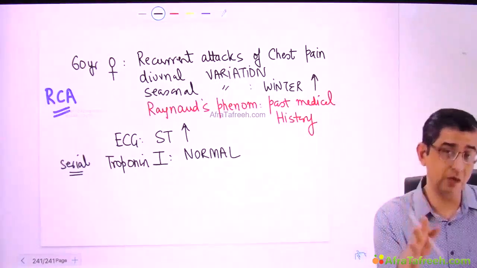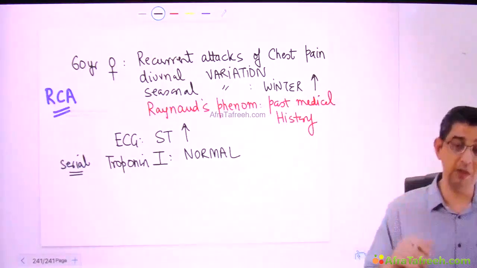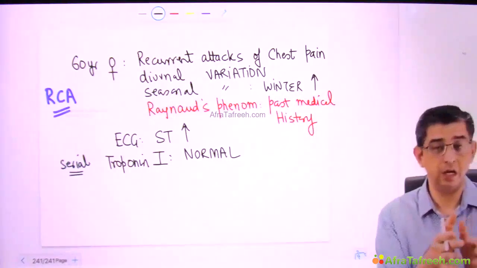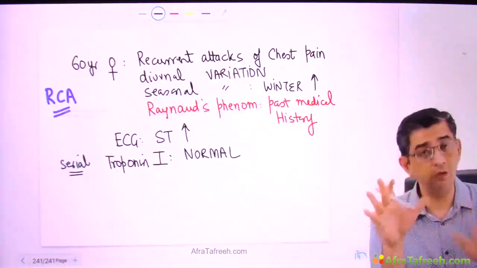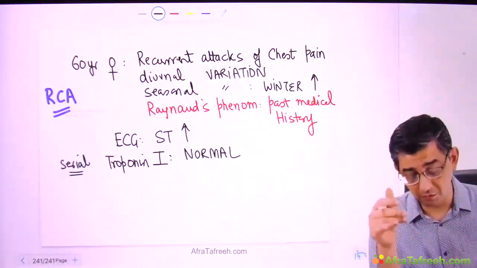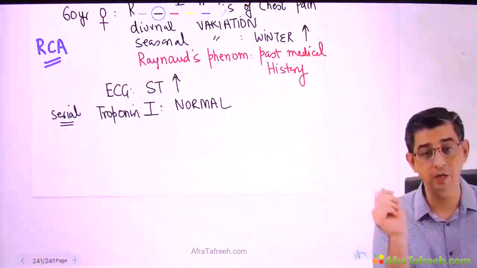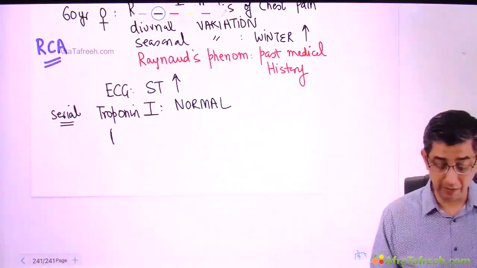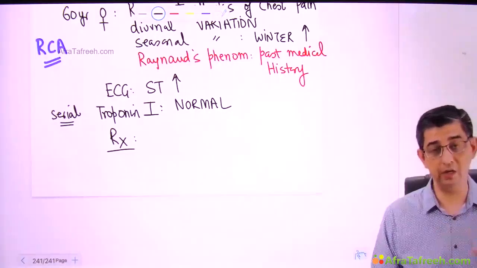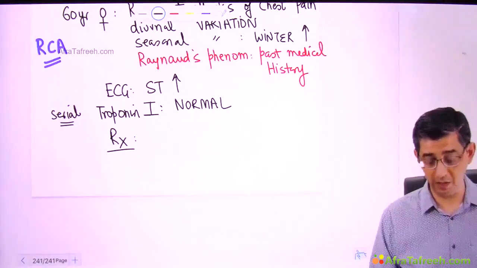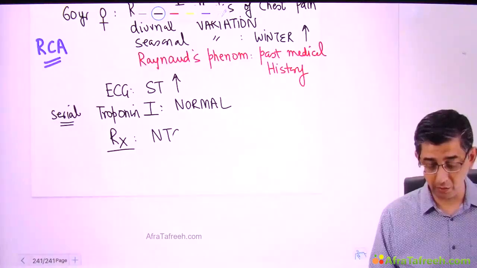You see, if it is myocardial infarction, if there's a necrosis, even if the person with MI comes early and the admission value is normal, the subsequent value will always rise. But in this case, even if you do serial troponin I values, they will definitely be normal. And that is why I'm at least assured that, thank God, she's not having a myocardial infarction per se. So I'm going to start her on a nitroglycerin drip.